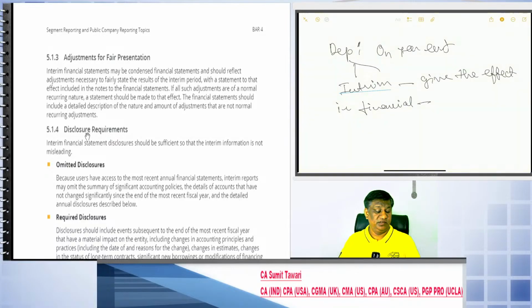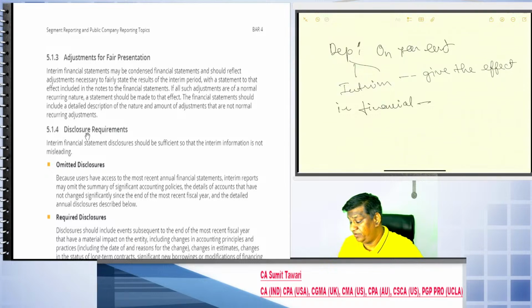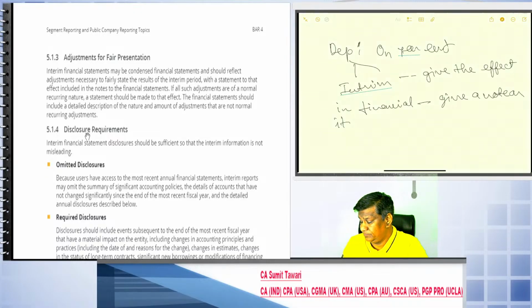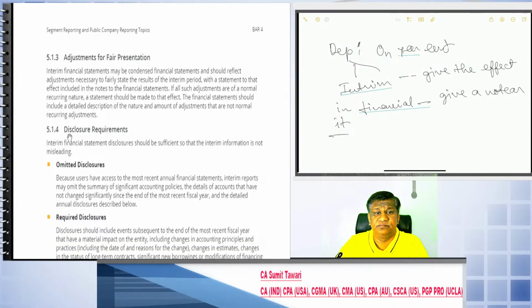In a financial statement, give the effect, and then accordingly give a note on it. Okay, so that you need to consider. Okay, so disclosure requirement